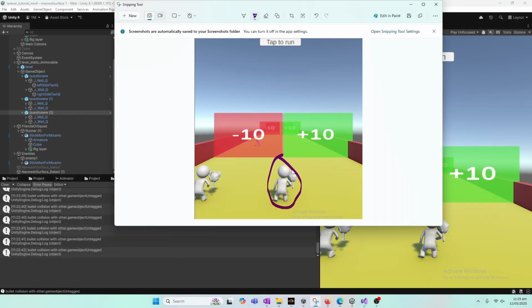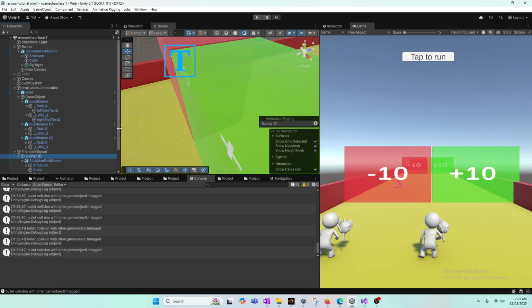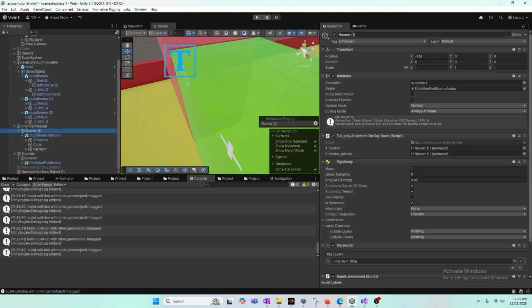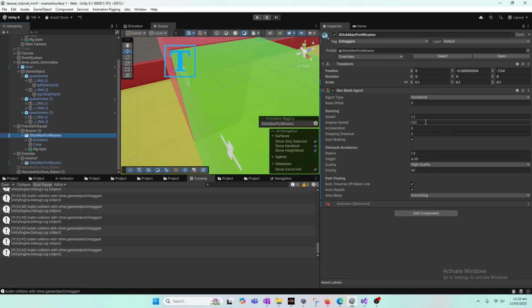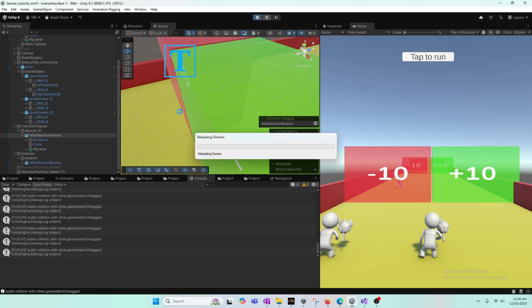So this is the player, we will spawn inside it. Since our system is detecting as intelligent because of NavMesh agents, if we go to the runner copy and then to the stickman, here we have NavMeshAgent components that are by default doing obstacle avoidance, so they will by default use a 1.4 radius to avoid each other overlapping. So what this means is, if I play right now by default,